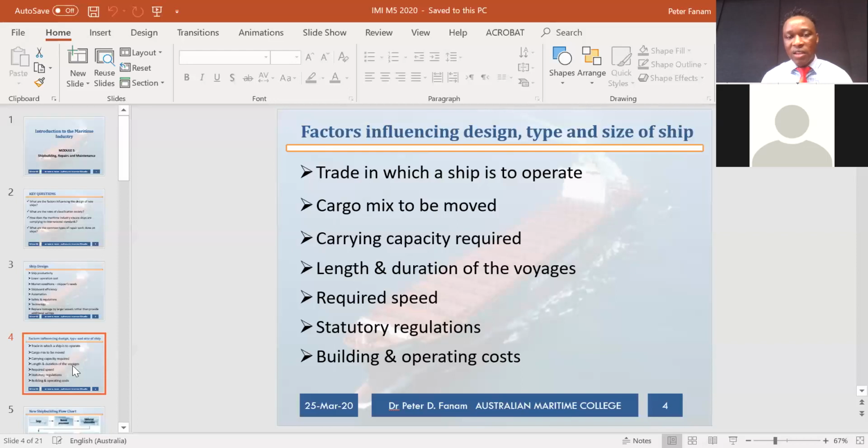And then also the length and the duration of the voyage that you're going to undertake will determine your ship size, whether you're going to have a certain type of ship. If you're going to operate in a voyage or a trade with a short distance, then obviously a smaller ship will be to your advantage rather than building a new, bigger ship. So if you build a bigger ship to undertake a short voyage,